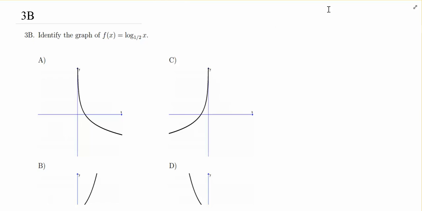Let's take a look at this logarithmic function here. So I'm not going to go through all the steps of graphing logs. Instead, what I'd rather do is talk about some of the big picture things to look for that are really going to help you to identify what's going on when it comes to multiple choice graphs and to identify which one is correct. So the first thing I want to talk about is a difference between exponential and logarithmic functions,